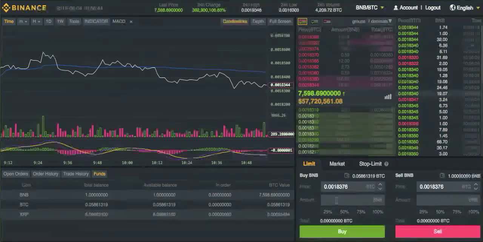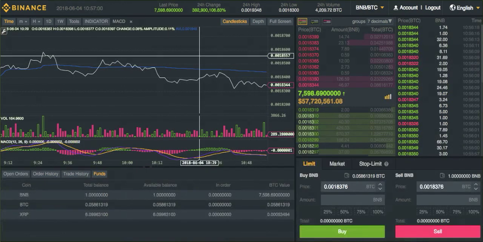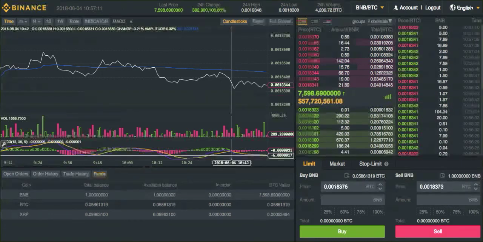So when you are ready to buy or sell, you just click on buy here, or if it is sell, click on sell here. I'm currently not going to do that because I'm awaiting some moves in about 30 minutes. It is still early in the morning. It's almost 9 GMT, so I'm waiting a little bit.